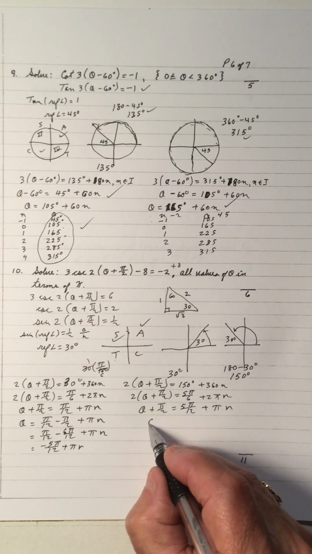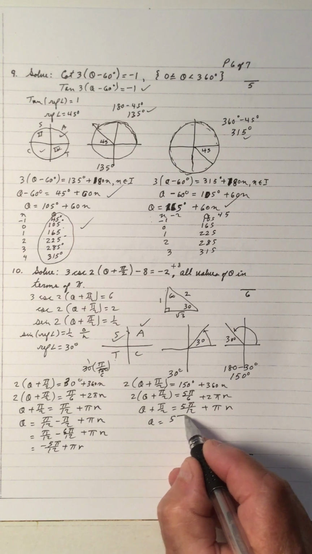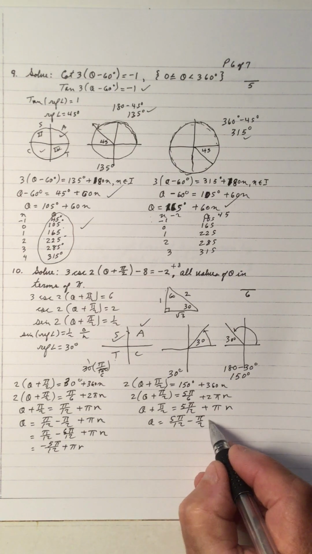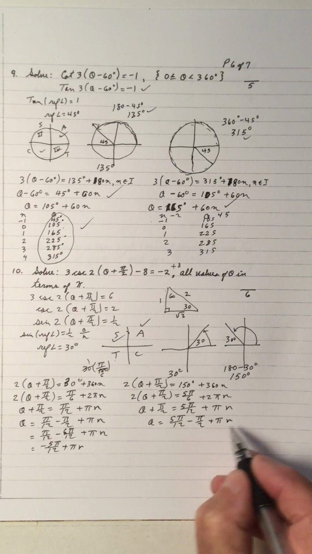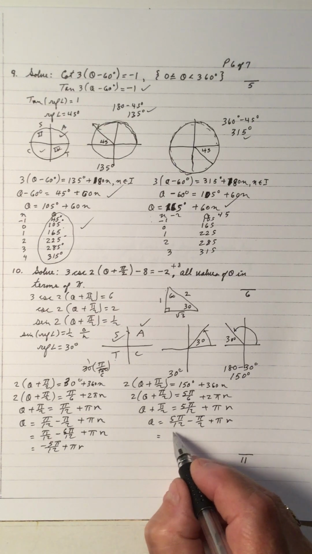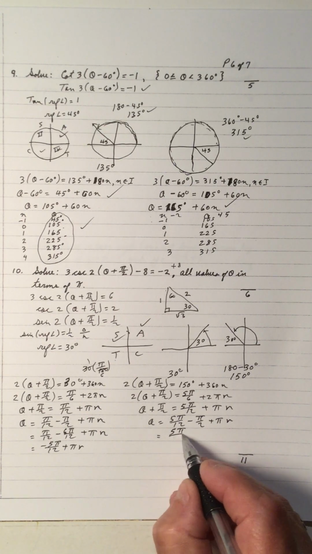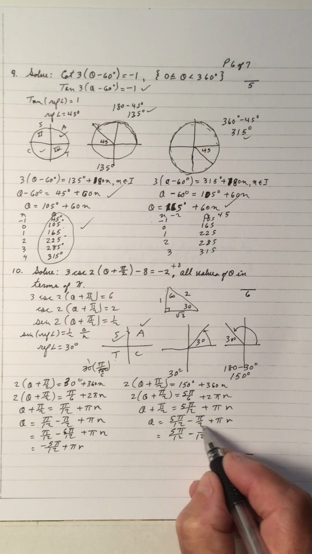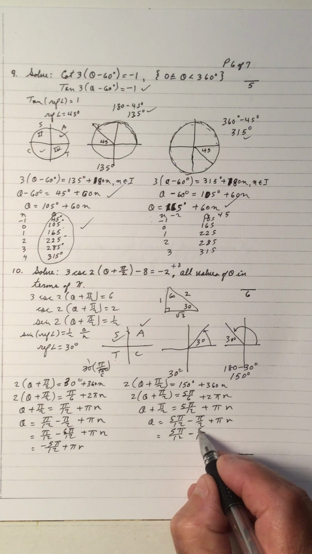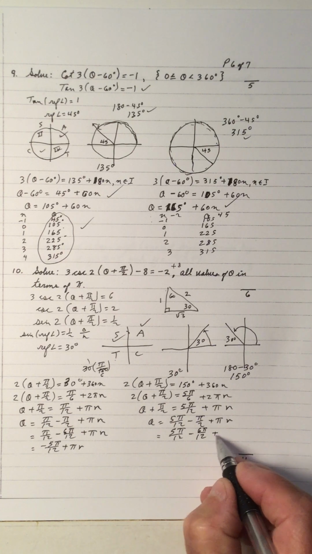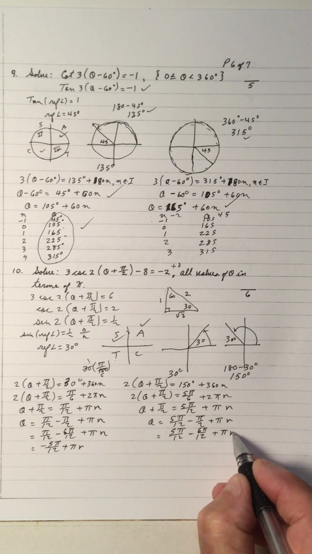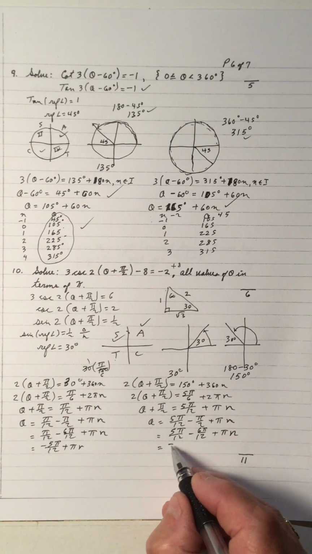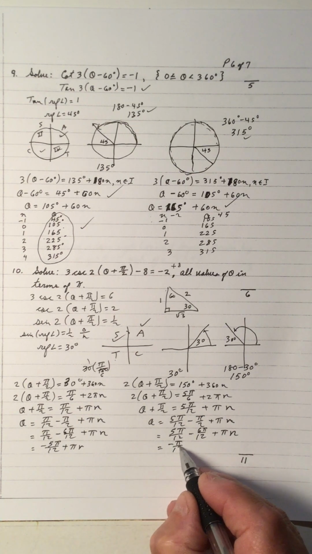And this one over here is 5 pi over 12 minus 6 pi over 12, common denominator is 12, and so that's negative pi over 12,